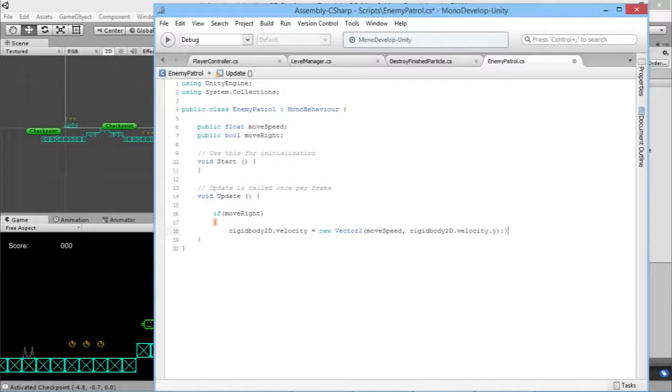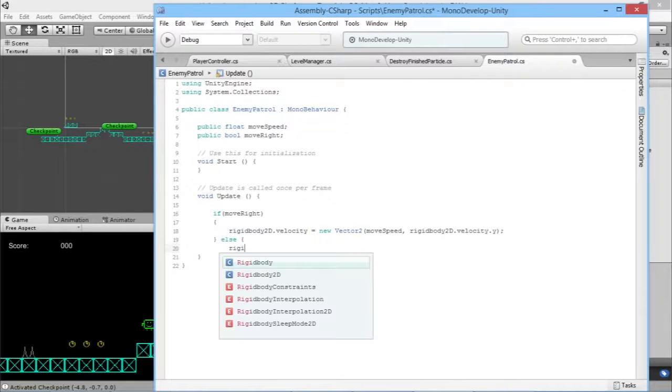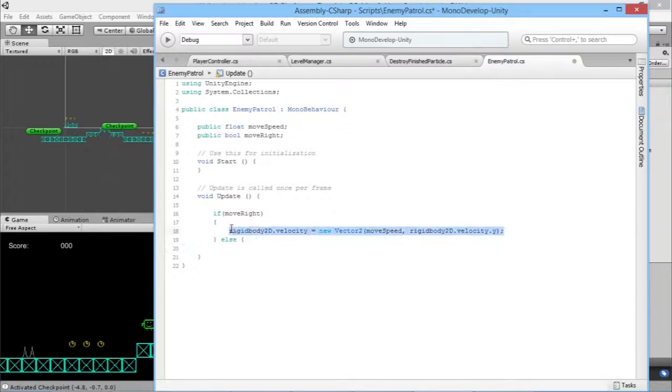So if moveRight, that's fine, and otherwise if moveRight is false, we'll open another couple of curly brackets and say rigidbody2D, we'll just copy this whole line here because it's going to be almost the exact same. Copy all that, and instead of moveSpeed we'll have minus moveSpeed. So if he's not moving right, aka if he's moving left, then we want the move